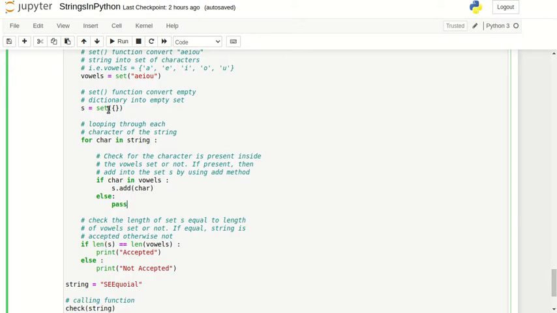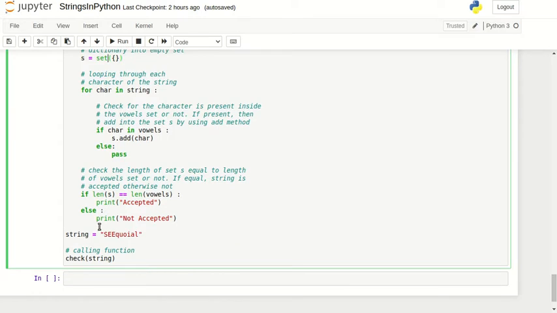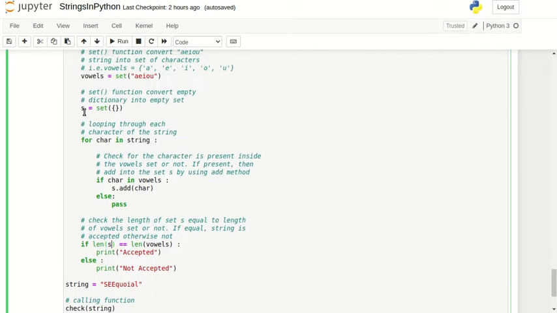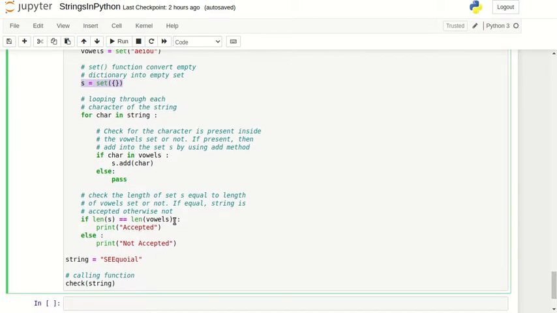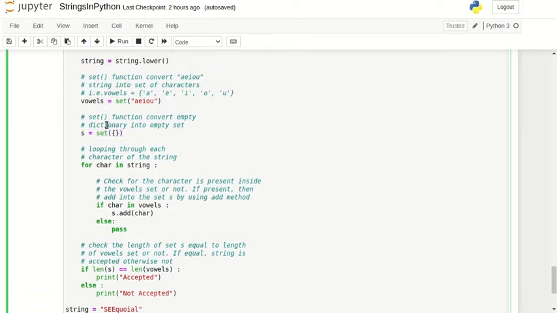We have used the set because the set will remove all the duplicates, and we don't want any duplicates, because down below we will check the length. If the length of this set is equal to the length of the vowel set, then print accepted, because we have all the vowels in it.